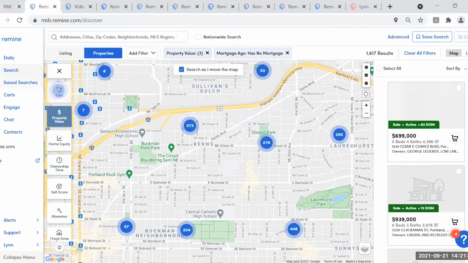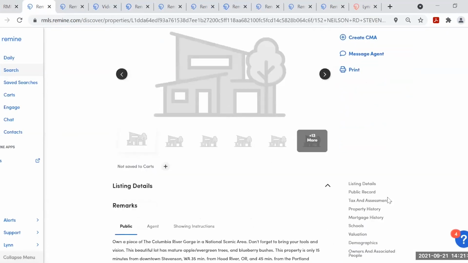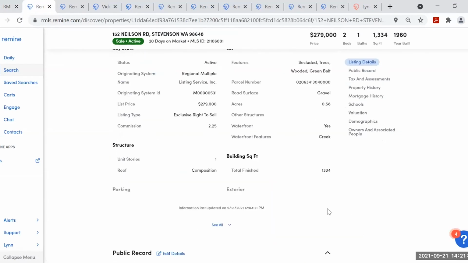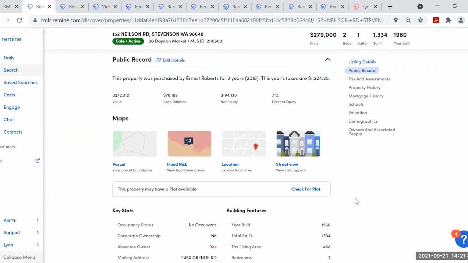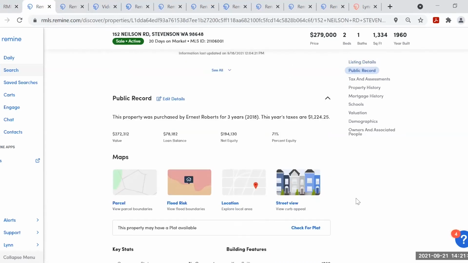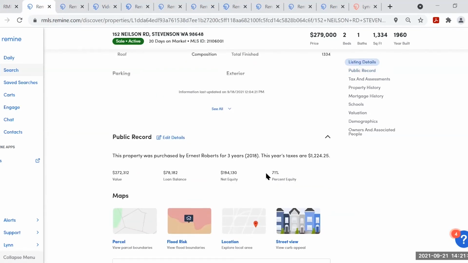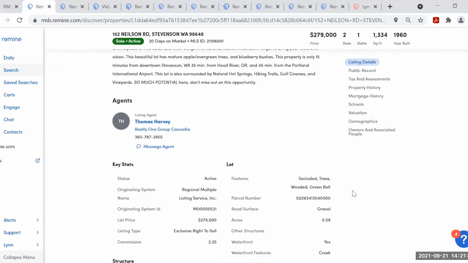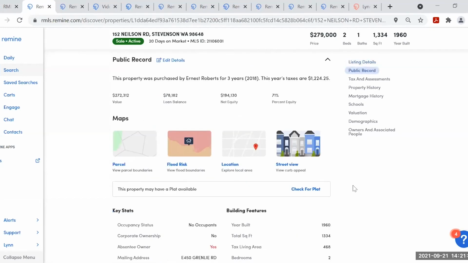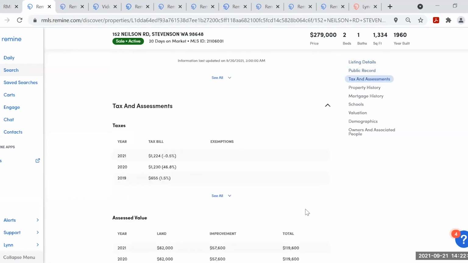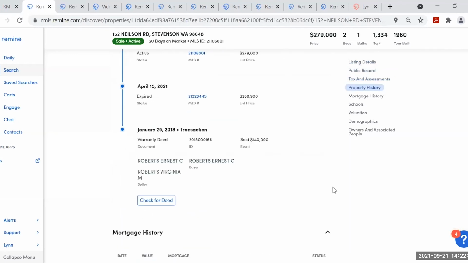I think the reasons you might want to go to a property that way into Remine are to see the valuation information and to see the demographics, which might sometimes be interesting. Those are a few things that you don't see in RMLS Web, because most of that other stuff you can already see. You also get an idea of the percent equity and net equity that a person potentially has in the listed property. So sometimes there might be a little extra information you can see here that you won't see in RMLS Web.